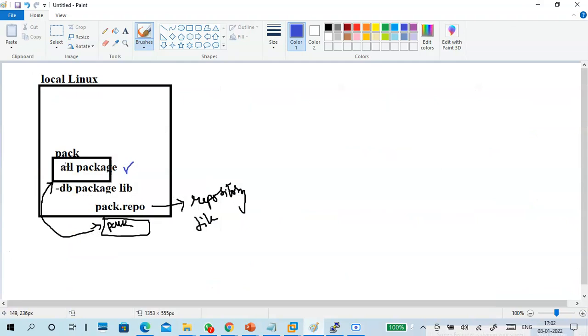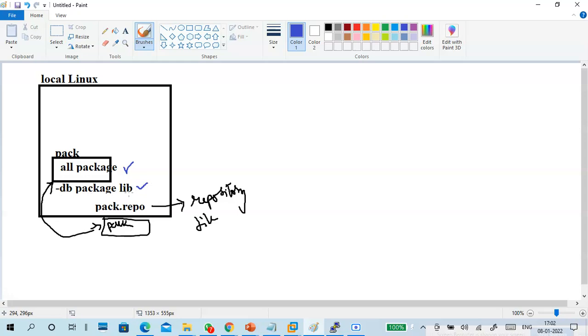Understand, guys? Simply, I copied all the packages into one location. All packages means the packages required, I put there. Next, using yum repository, a create command is there. Using that command, I created a database. Okay, a simple database.